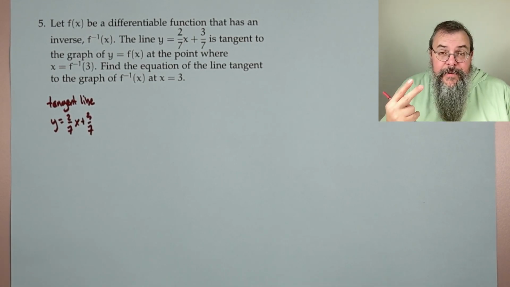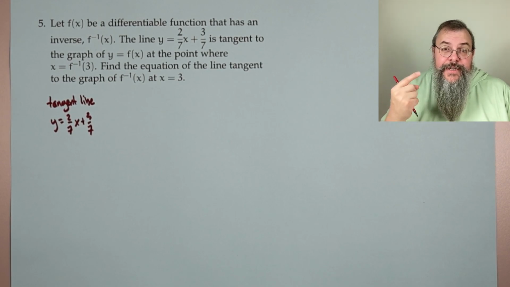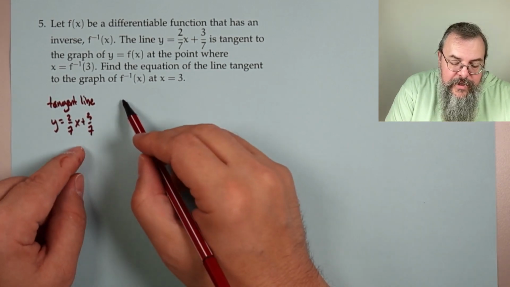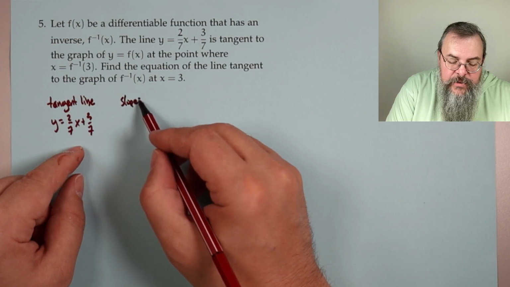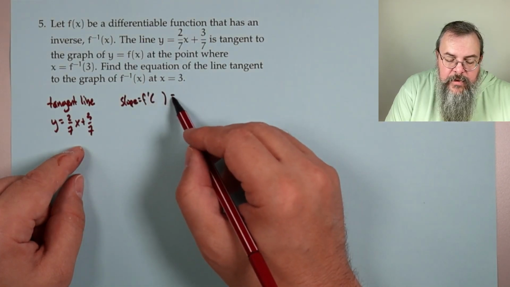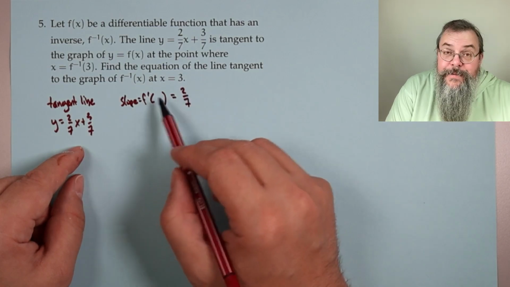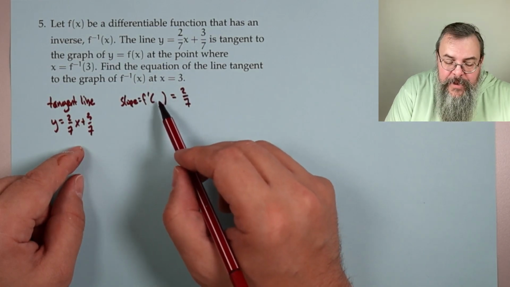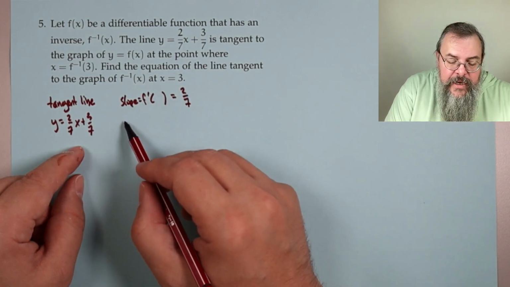It has two pieces of information, slope and point. So let's talk about slope. That's the derivative. So slope, which equals f prime of something, and that's equal to 2/7. I'm being very vague here about what that f prime of something is. And now our point,